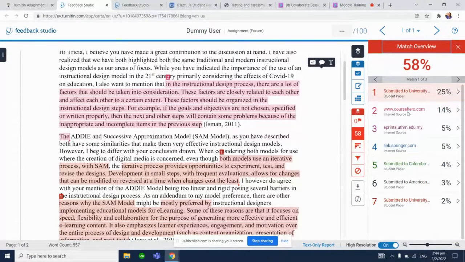Number 2 here, it is saying that it comes from Course Hero. However, the student has made a reference here, Isman 2011. So in cases like these, once the student has properly sourced whomever's work they're using, we would not want to say that they have plagiarized. If I scroll down